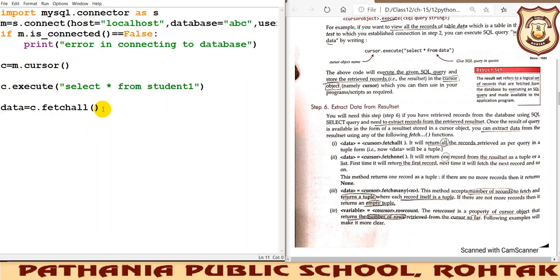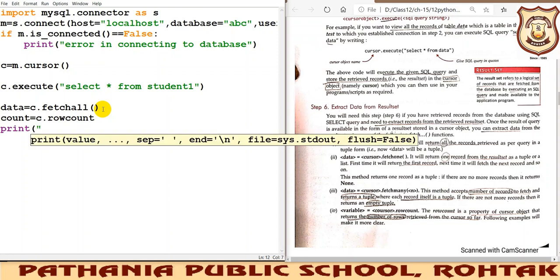For that we will be using another variable, count, which will store the data through this row count function. So we will be using the cursor object, c.rowcount. Just by pressing enter and using a print statement, we can get this output done.